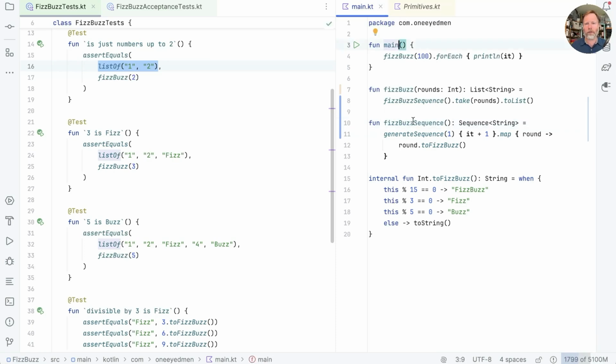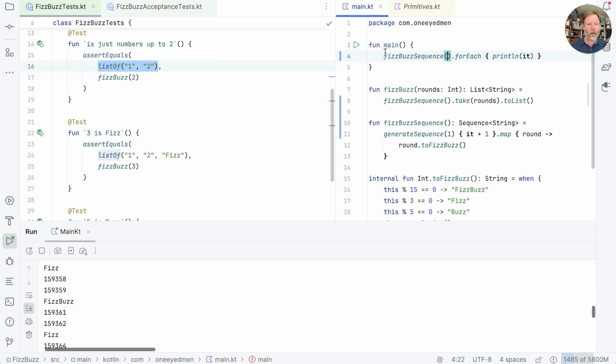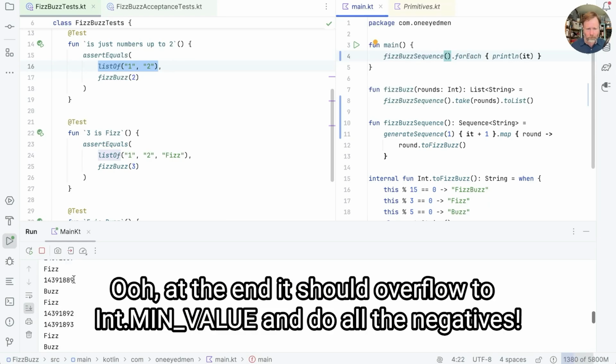And now if we're really serious, we can use fizzBuzzSequence with no bound. There's still a forEach on sequence as there is on iterable. So now if we run this, not only do we get results out as they appear, but we're not going to run out of memory. I could sit and watch this all day,